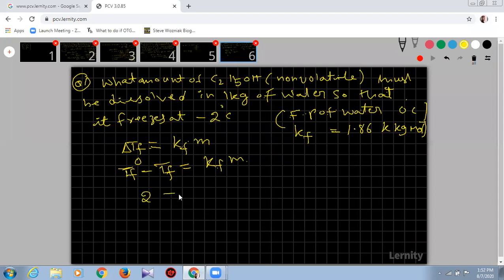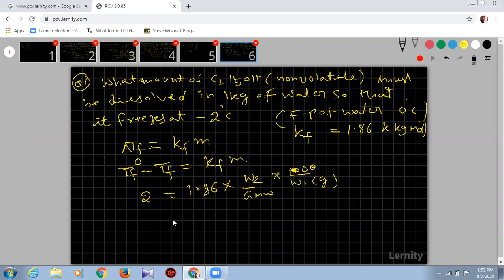2 is equal to Kf, how much here? 1.86. Okay, and molality here we need to find out. Okay, what amount here? Amount means weight here. So number of moles, that is W2 by gram molecular weight, into 1000 by W1 in grams here. Okay, already it was given in gram, kg. Okay, in kg. That's why you can take the solvent here as 1000 by W1 in terms of grams.